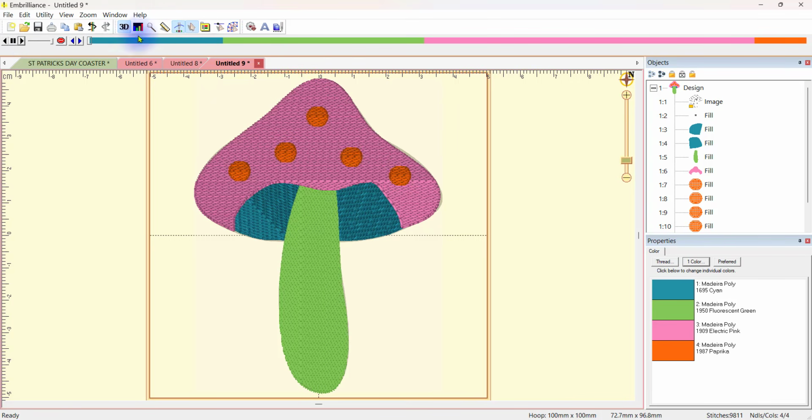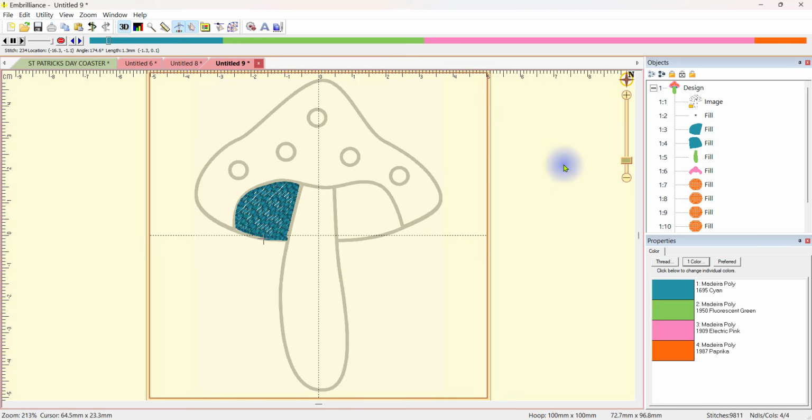Okay, so to watch the stitch out, you click on the little needle here, and it brings this ribbon of thread colors up, and then you can click here if you want to go stitch by stitch by stitch because you want to change something,